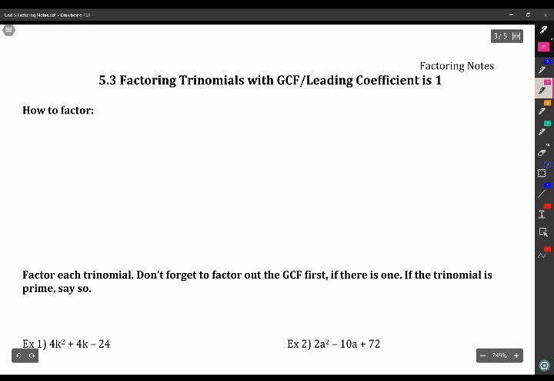So with 2.5b, we are going to factor when we have a greatest common factor. So as our first step, just like before, our steps are the same. Our very first thing we're going to do is factor out a GCF. Our second thing we're going to do, and remember when we factor out a GCF,